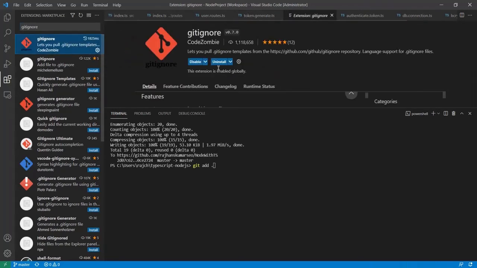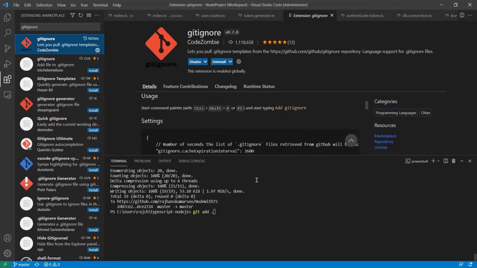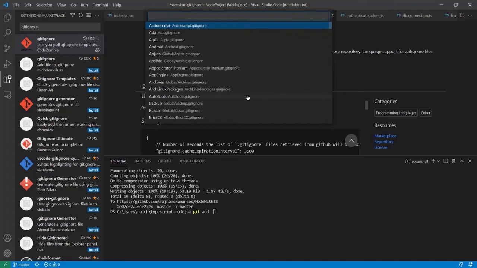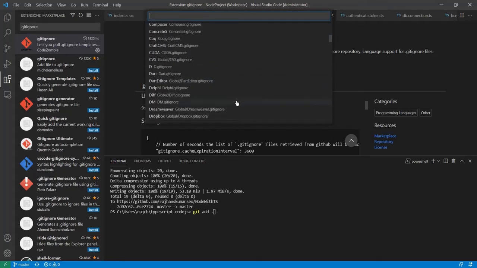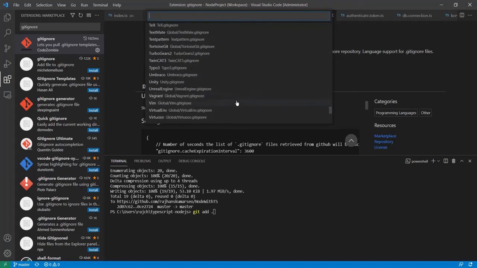Once installed, I pressed Control Shift P, it opened this, and I clicked on add git ignore. These are the git ignore templates, and I selected the Node.js template, because this is a Node.js project.